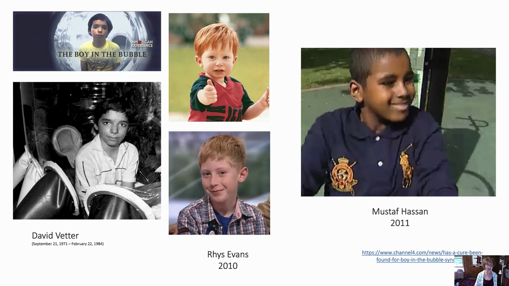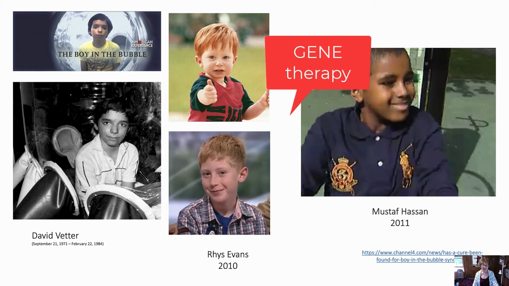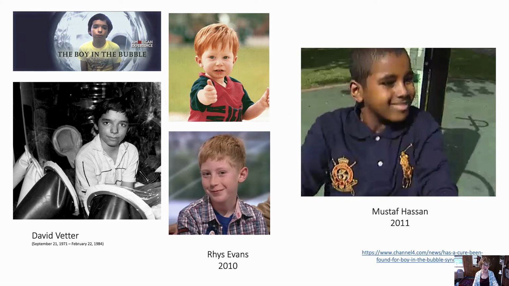Maybe some of you, for your presentation, want to look this up. Unfortunately, David died in 1984. Reese Evans is someone who had a transplant and has a very low profile. I think his parents are keeping his life off the radar. The last time I read about him was from 2010, and he seems to be doing well. So let me show you a short video on another person who's being treated for severe combined immune deficiency.